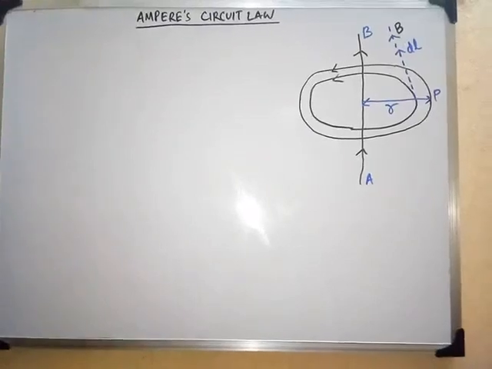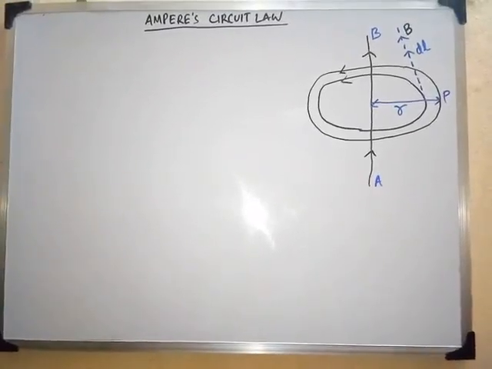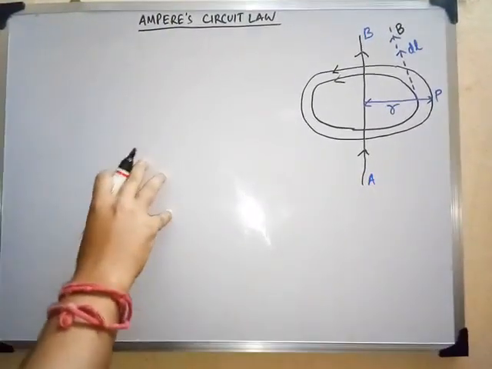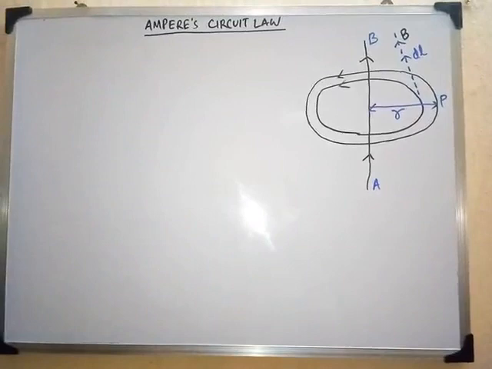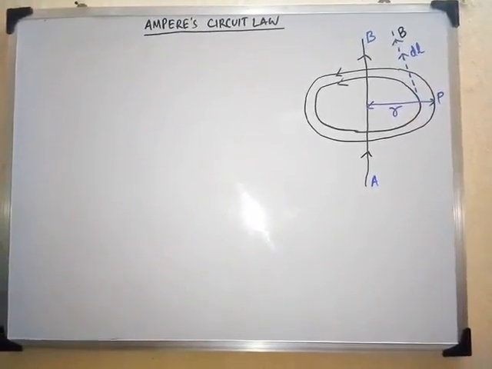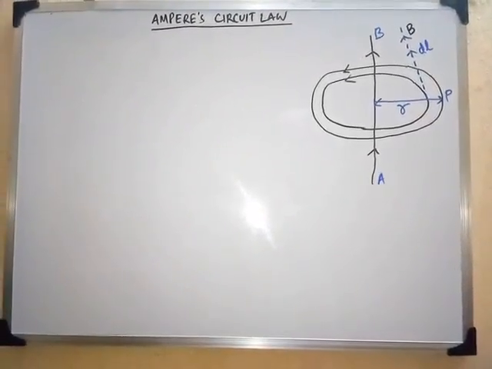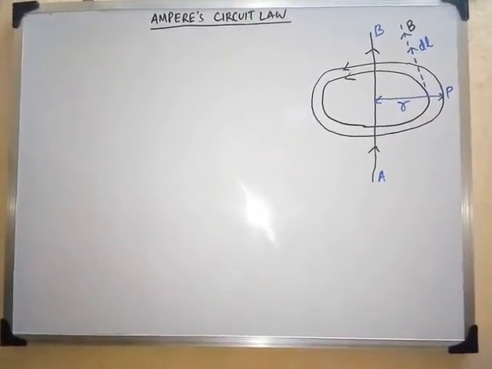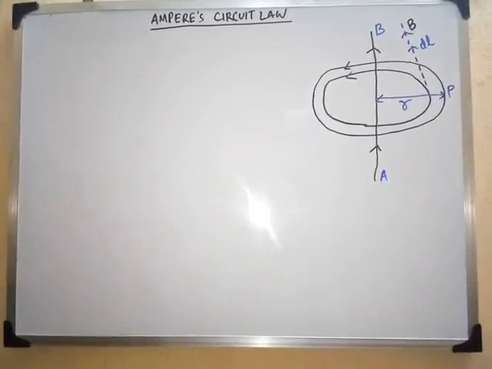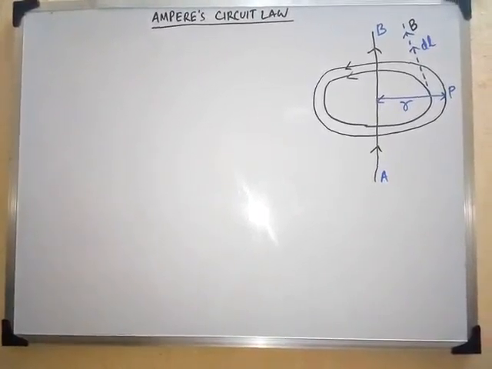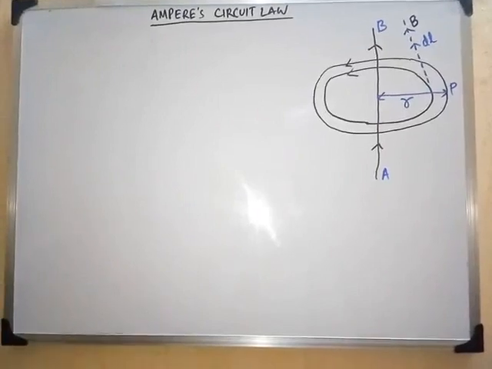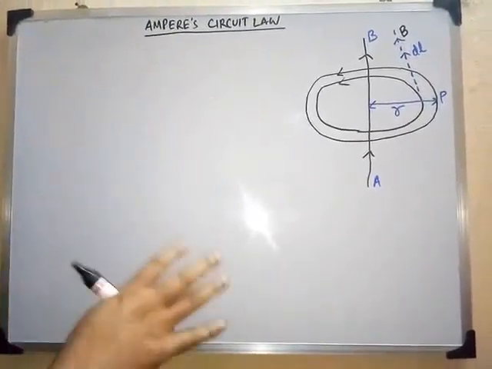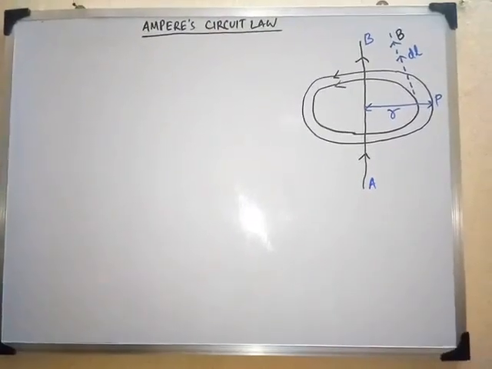Okay, so in this class we are going to study Ampere's circuit law. This is very vital because Ampere's circuit law, or rather the modified version of it, is also known as one of the Maxwell equations that are of our concern, right? So we will study this Ampere's law, and also the modifications that can be made to it and what Maxwell did, and we will see what the law states and the proof, that means how this Ampere circuit law can be proved.